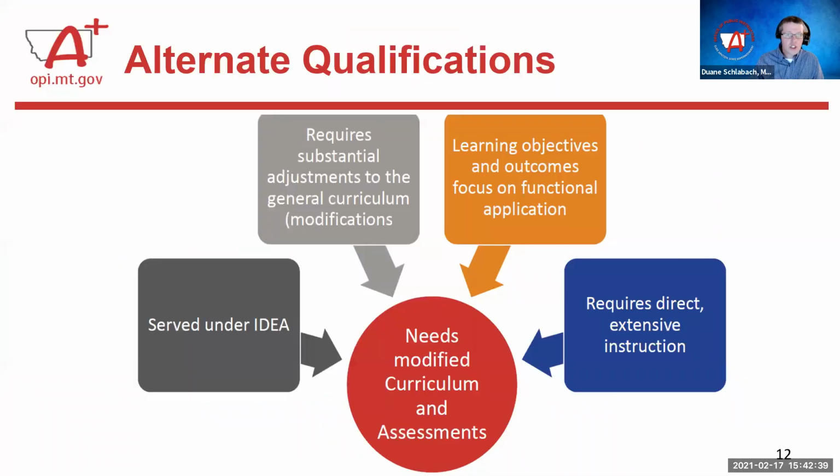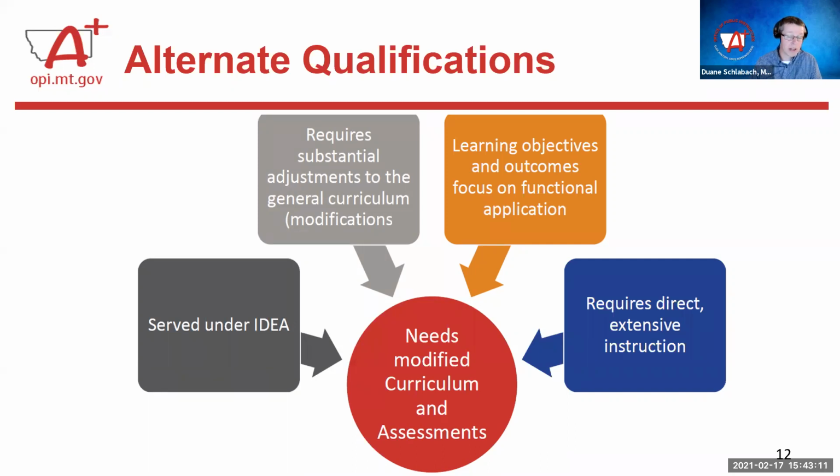Let's look at the qualifications for a student to be eligible for an alternate assessment. A student with an IEP would utilize the accommodations within that 3-tiered approach to accessibility. In short, what this means is an IEP or a 504 plan does not mean a student qualifies for an alternate assessment. Students with severe cognitive disabilities who have an IEP require substantial adjustments to the general curriculum in